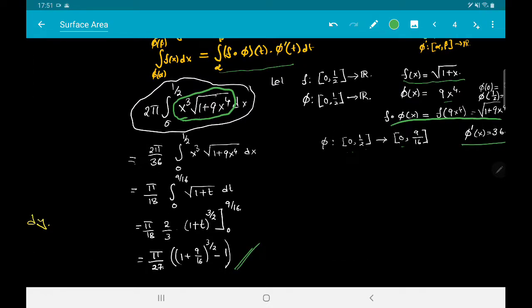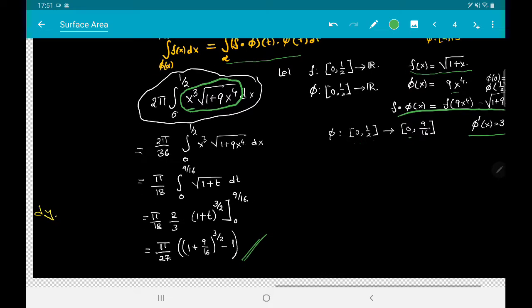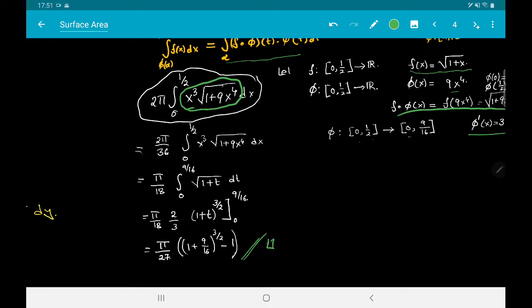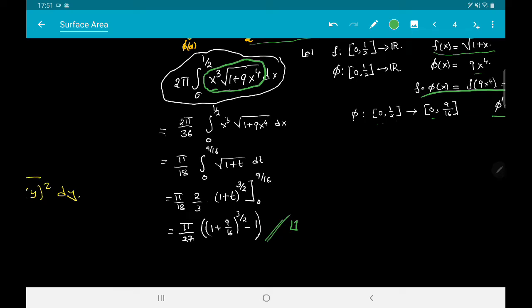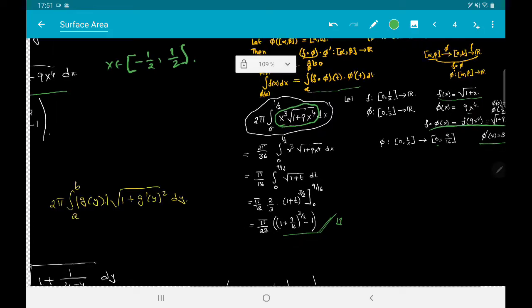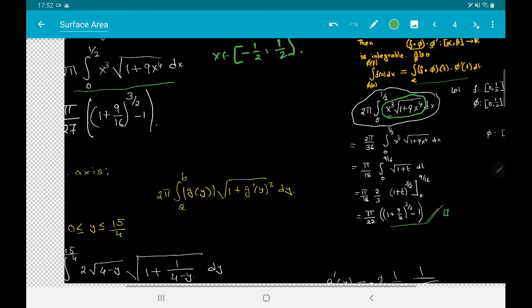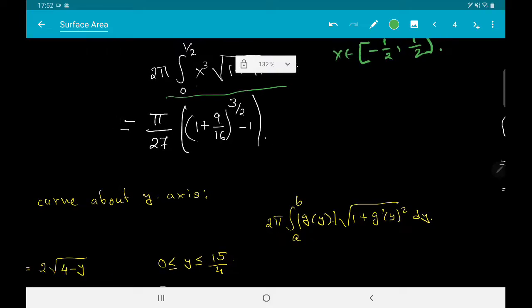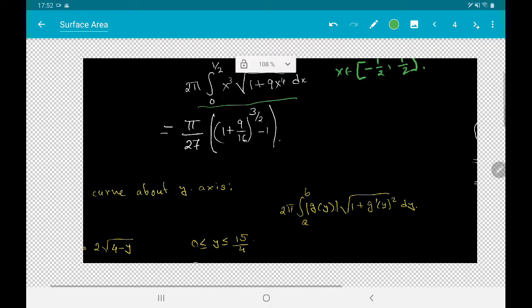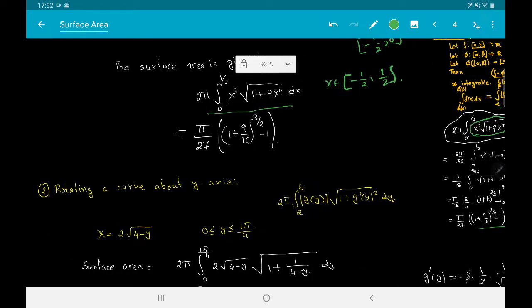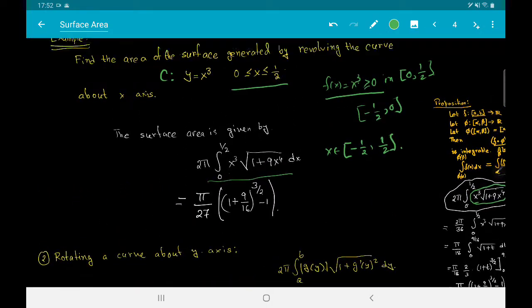I want to emphasize that if I ask you this question in your exam, I would be very happy if you stop here, because this will give me an idea that you understand these notions. If you go further and mess up calculations in order to simplify this expression, then it will not be very good for you. Okay, so we have got the surface area of the surface of revolution that we got by rotating the curve y equal to x cubed, as x varies between 0 and half,